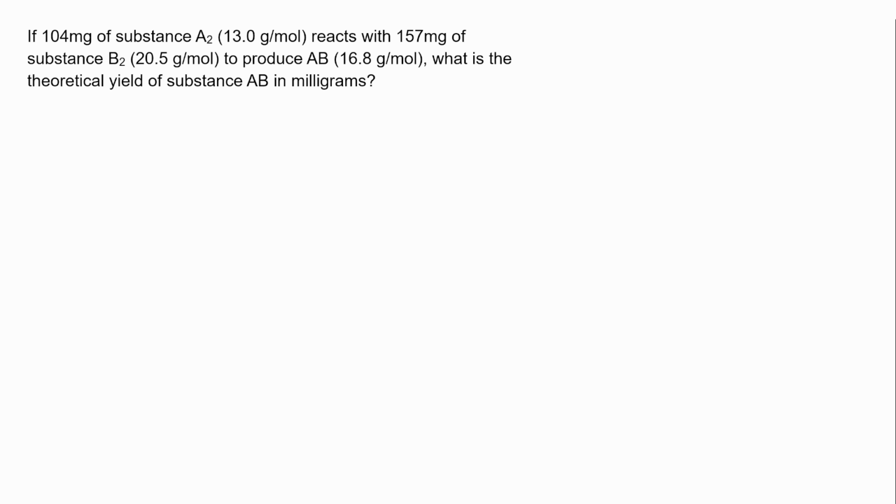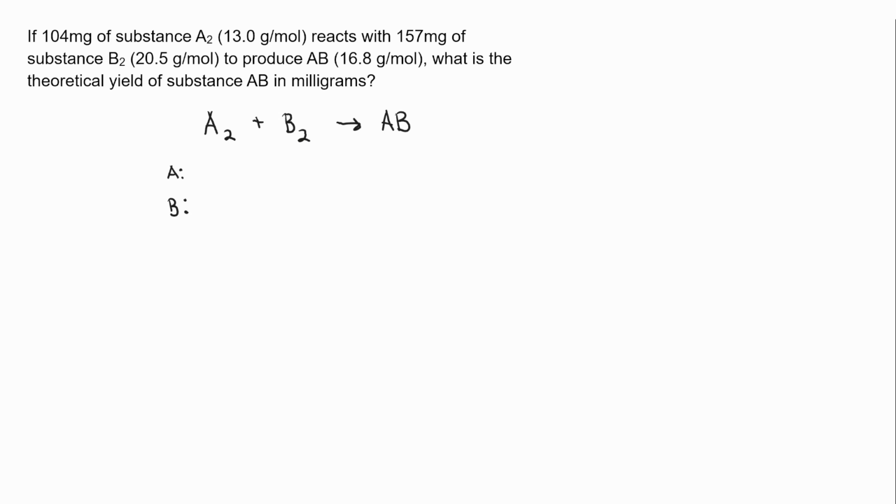And so we should actually write our own balanced chemical equation before we do anything else. And if we read the problem over again, we said substance A2 will react with substance B2 to produce substance AB. So here is our chemical equation, but now we need to see if it's balanced on both sides. So if we look at substance A and substance B,